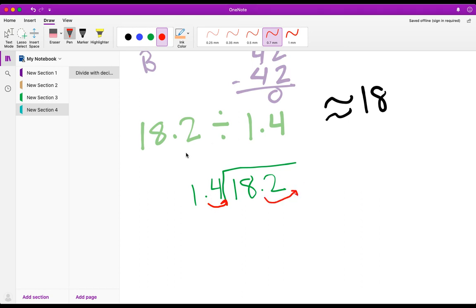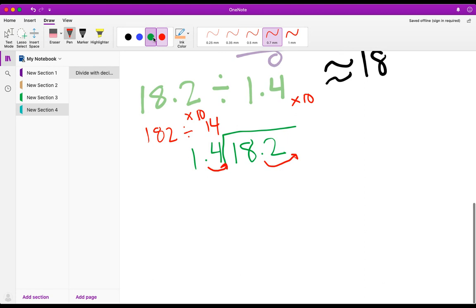And what I'm actually doing is I'm timesing both sides by 10. And I can do that because that basically is keeping my problem even. I'm not changing anything. I'm just adjusting both sides by 10. So then what this problem now becomes is 182 divided by 14. So same thing, I'm going to set us up